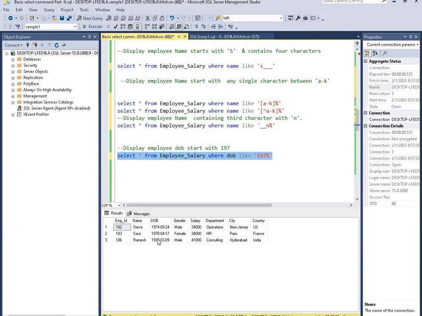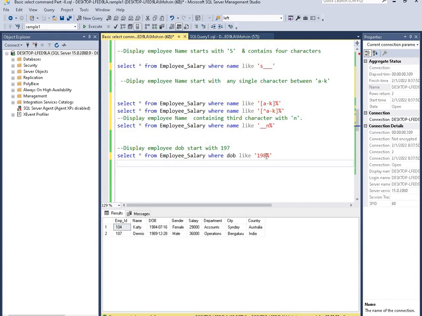If suppose it's 1980s, what we have to do is just replace 7 with 8, you will get 1980s date of birth is Katie and Dennis. If suppose in 1990s, Jenny is the only person whose date of birth is in the 1990s.